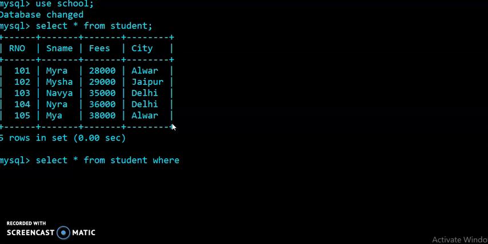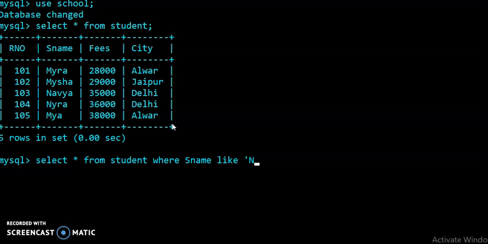where s name like. Now after like we have to mention our condition. I want to access the names of those students whose name starts with n. I told you that the percentage symbol is used for such type of searching.